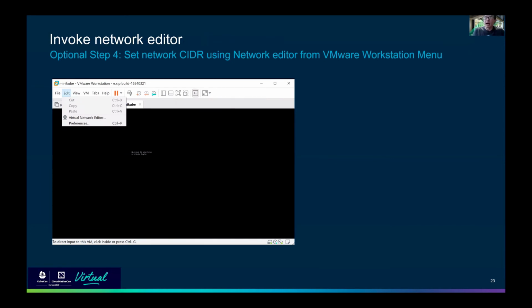Now I'm showing the configuration of the VMware Workstation Hypervisor. Like I say, it comes with virtual networks. There are some created by default. You can create more if you need them. But what we're going to do is change the IP subnet that is being used by one of these pre-configured networks. So we start by opening the Workstation UI, and we choose the virtual network editor from the Edit